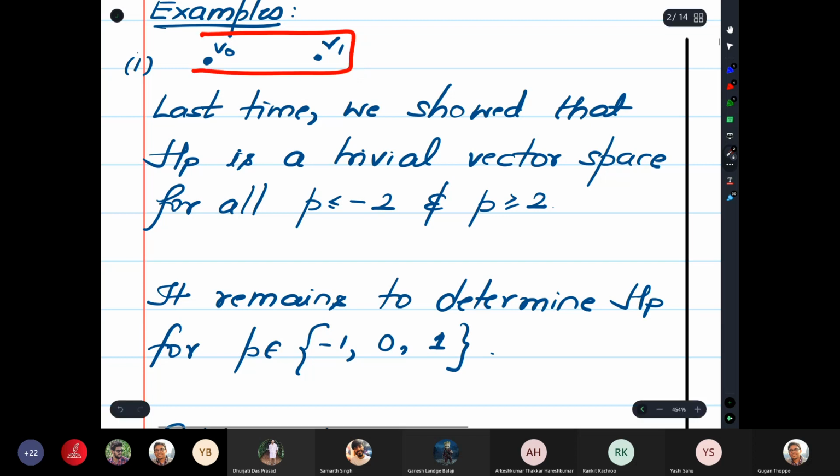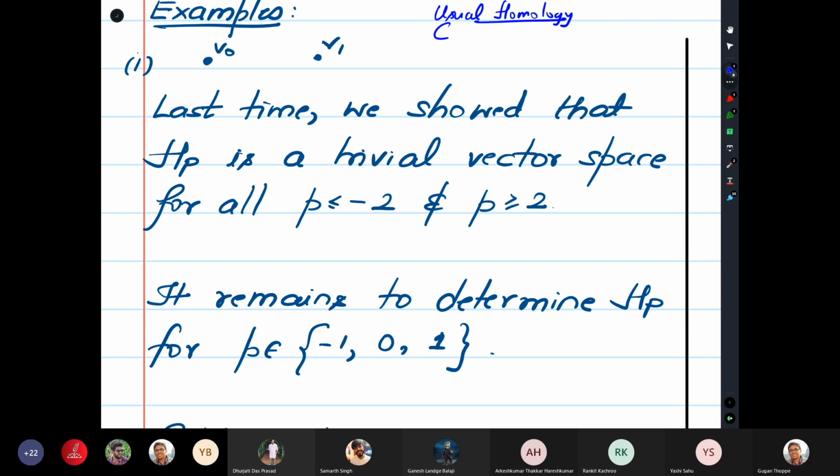So this is a simplicial complex, right? This simplicial complex just has two vertices. That's it. It has no edges, no triangles, and so on, but it just has two vertices. And we would like to compute the homology groups that are associated with this. And as we saw, we can either compute in the usual homology sense or in the reduced homology sense, but we began with the usual homology computation last time. So recall, in this case,